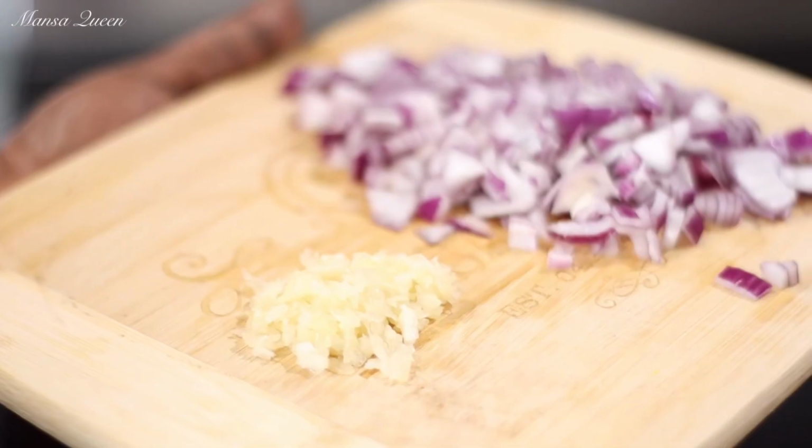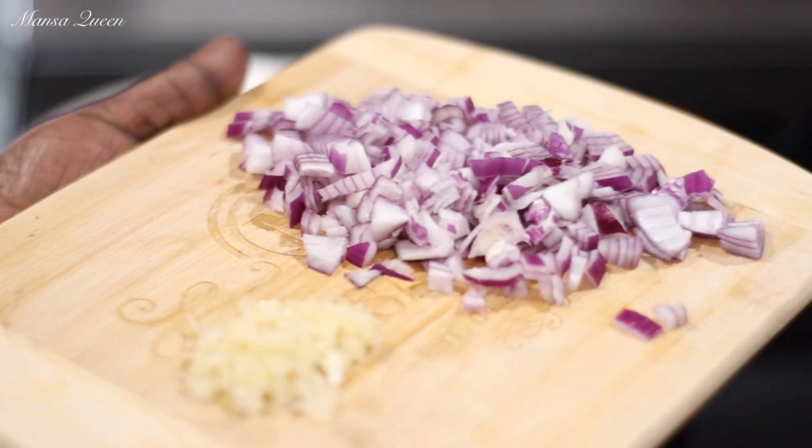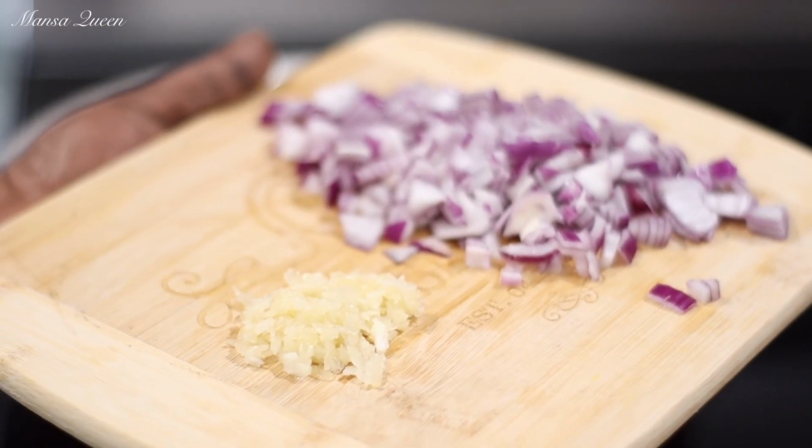Now to that, you would need to add some onions and some garlic. Here I have crushed about 5 cloves of garlic, and I have here 1 small bulb of red onions,